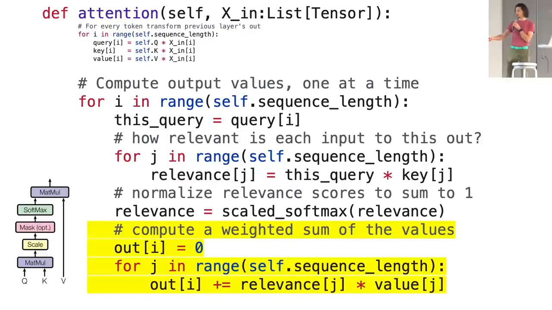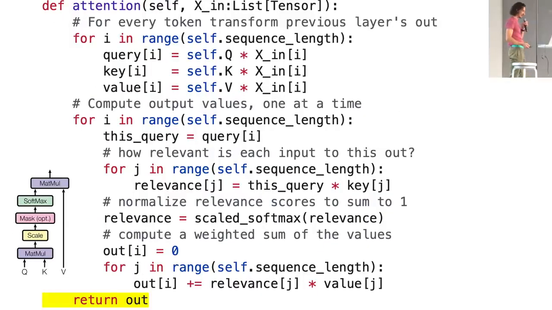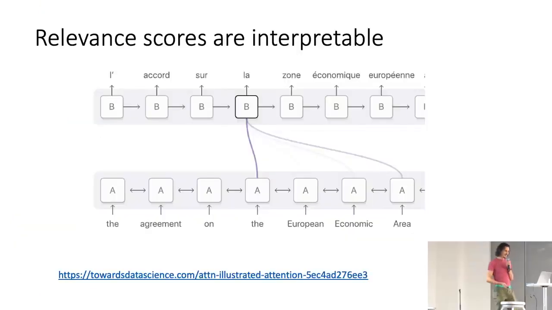This is just a floating point number from 0 to 1, and you get a weighted average, which is the output, and you return that. So this is what's going on in the attention mechanism, which can be pretty confusing when you just look at a diagram like that. But I hope this explains it a little bit. I'm sure I'll get some questions on this.